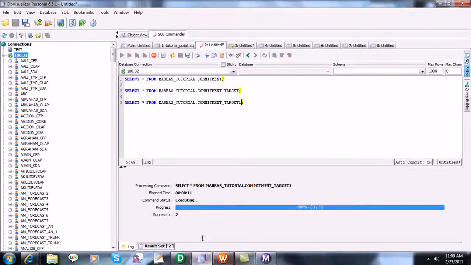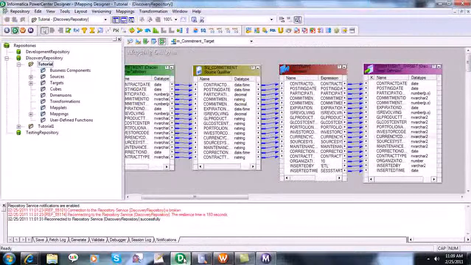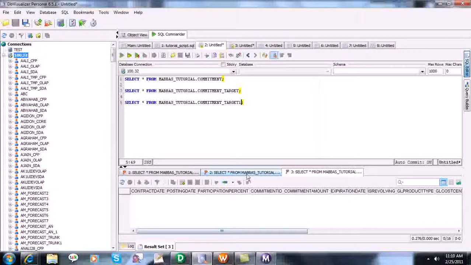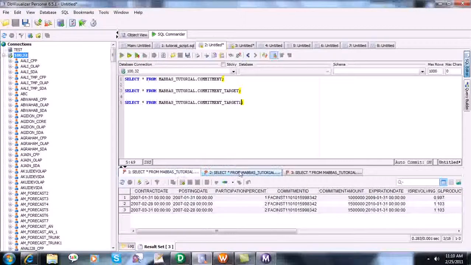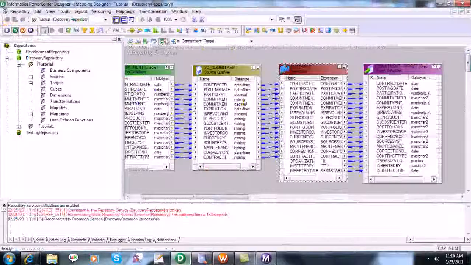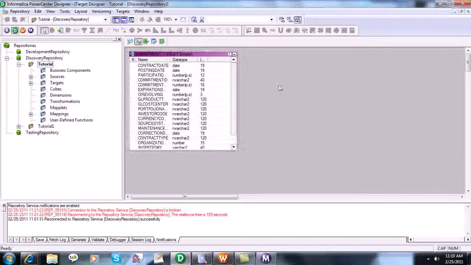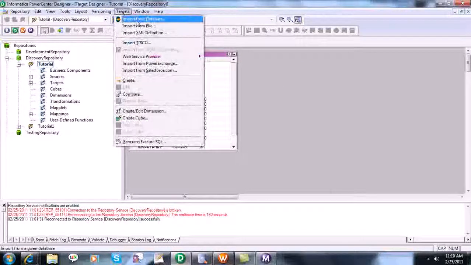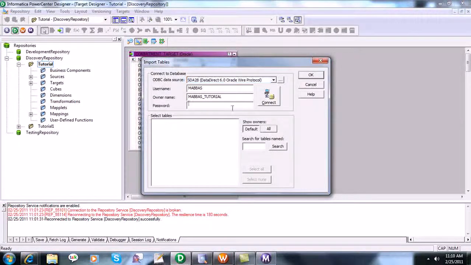Here we saw that the new table is empty. Previously, the 3 tables have the records which we inserted from our previous workflow execution. So let's go to the target and import this new target as well. Give the password, whatever it is.